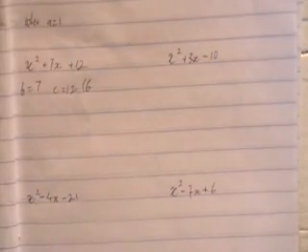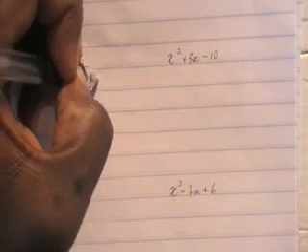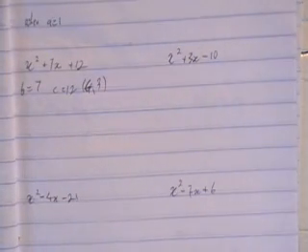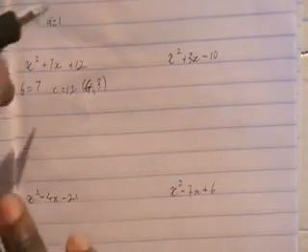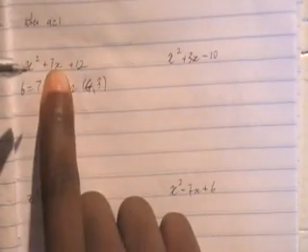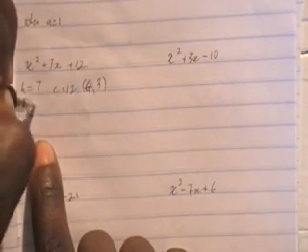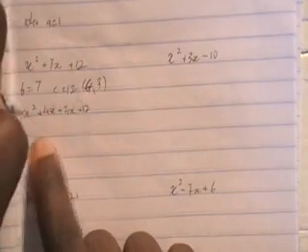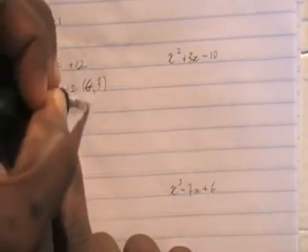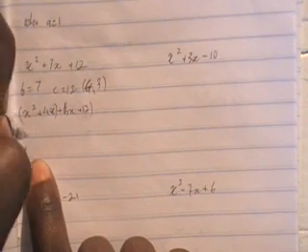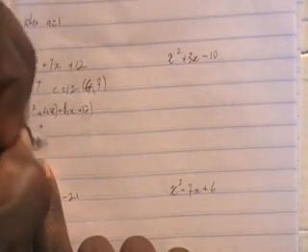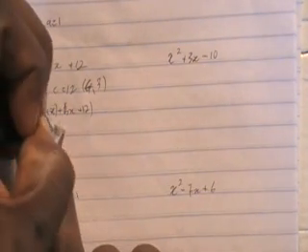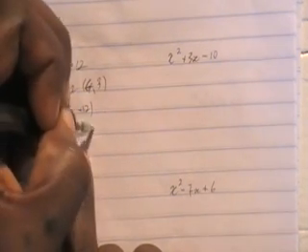And those two factors are 4 and 3. 4 times 3 is 12, and 4 plus 3 is equal to 7. So then we replace b here with these two factors. It becomes x squared plus 4x plus 3x plus 12. And then we factorize by grouping as we did before. What is common here will be x. So we have x times x plus 4. What is common here? 3. We have 3 times x plus 4. And